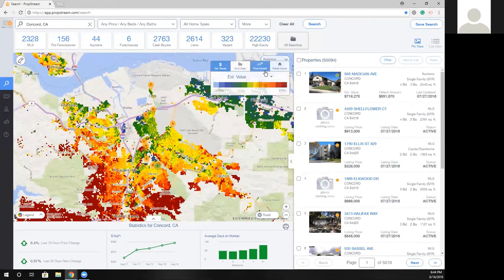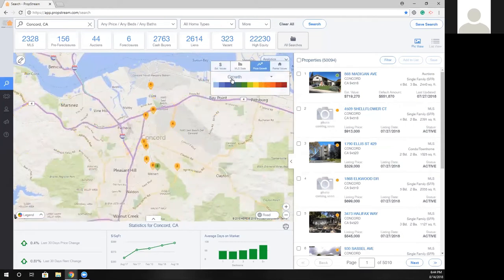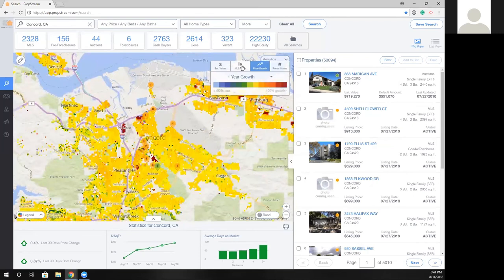My personal favorite is price growth. I mean, the bottom line is we want to make sure we're investing in an area that's growing. I like to usually use the 1-year growth as a starting point. So here I'm able to see, based on our heat map, red representing 100% growth, light blue representing 100% loss, green representing no change, and then everything in between. So again, without having set foot in Concord, I can now see areas that are trending towards the 100% mark.